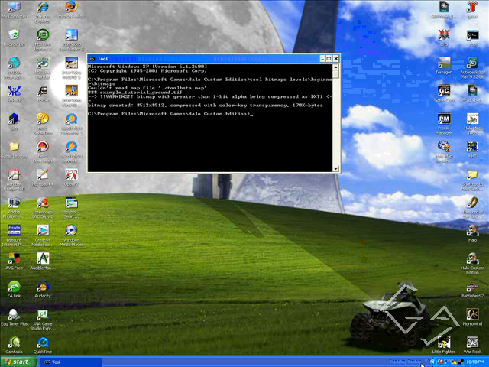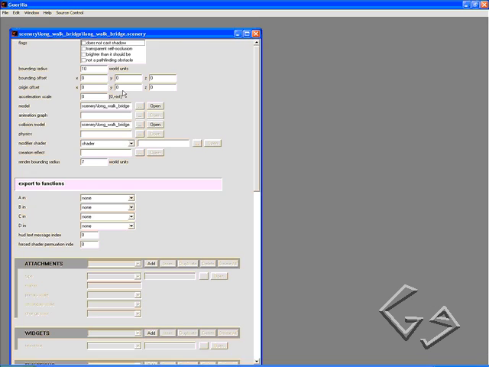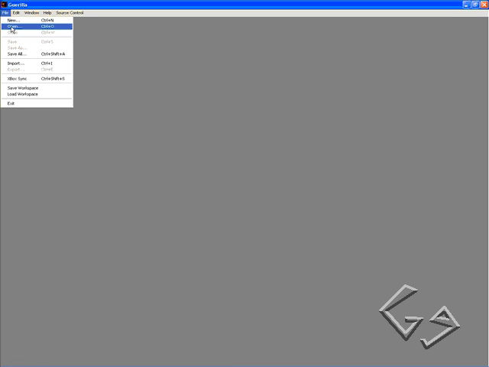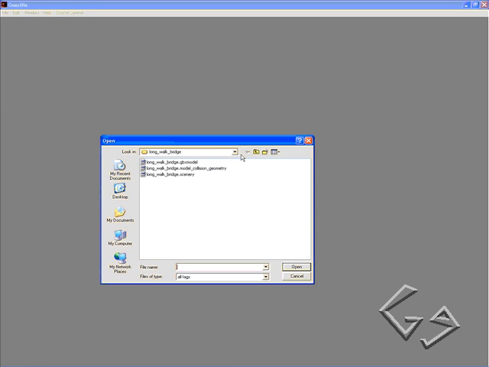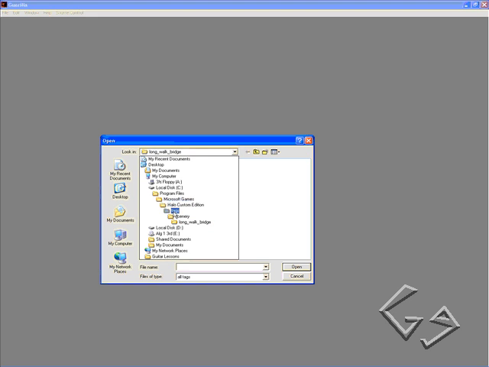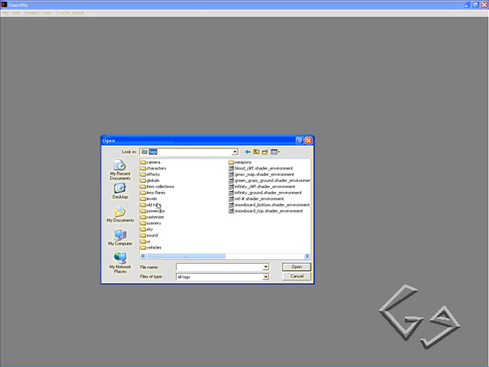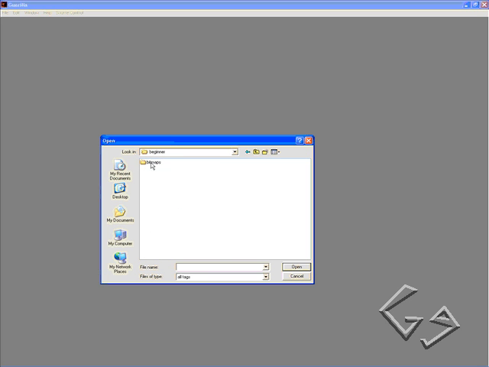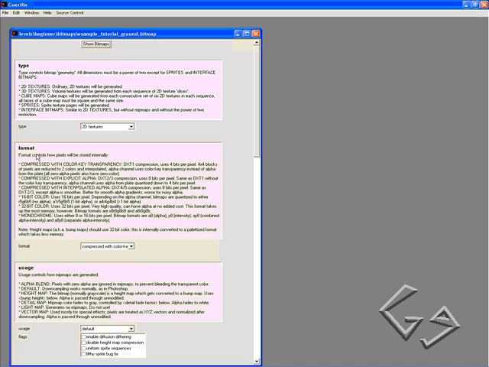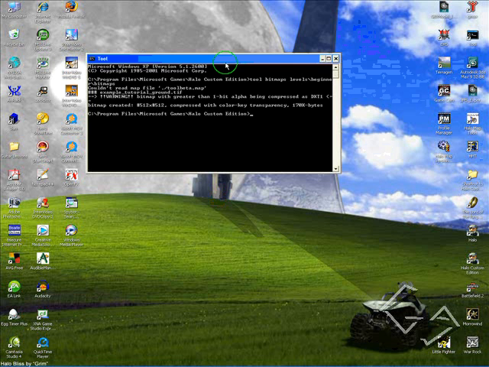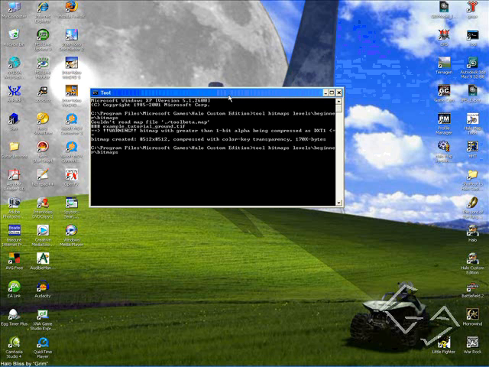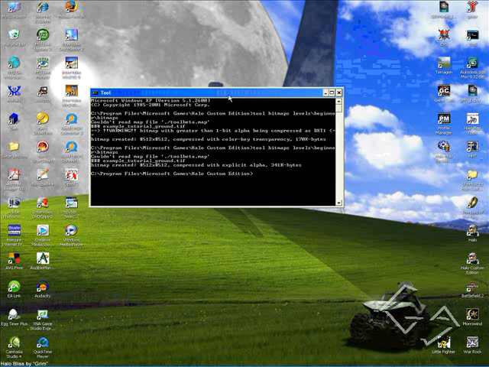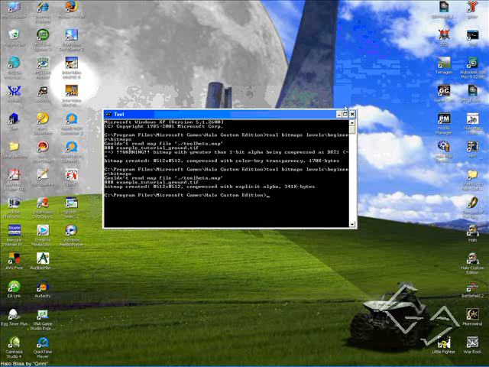So now we're going to open up Guerrilla. Go to File, Open, and it should be open up to your tags in Halo Custom Edition. So then go to Levels, Beginner, Bitmaps, and open up example tutorial ground.bitmap. So open up that. Then under Format, I'm going to change this to compressed with explicit alpha. So click that. Save it. Now in Tool, hit the up arrow key to bring back what we previously typed in, and click Enter. And as you can see, we do not get that warning anymore. So that's good. So minimize